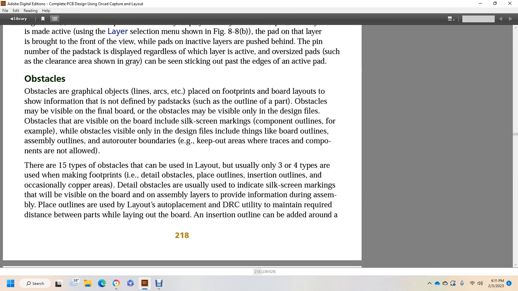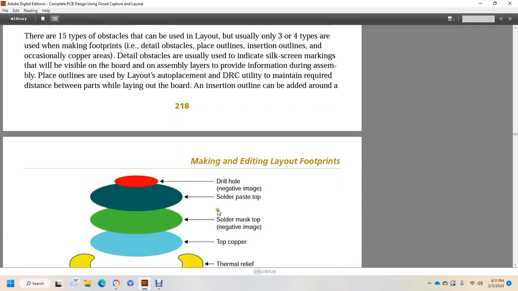There are 15 types of obstacles that can be used with the layout, but usually only 3 or 4 types are used when making footprints: detail obstacles, place outlines, insertion outlines, and occasional copper areas. The detail obstacle is usually used to indicate the silkscreen markings that may be visible on the board, and on assembly layers it provides information during assembly. Place outlines are used by the layout auto placement and design rule check utility to maintain required distance between parts while laying out the board. Insertion outline can be around